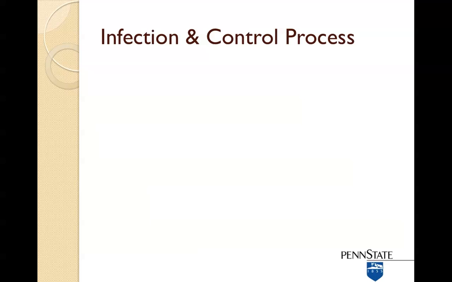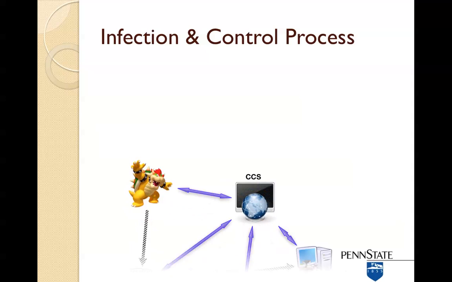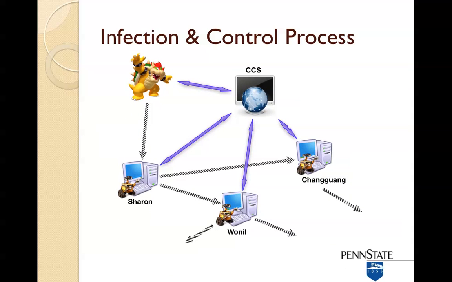At first, the bot herder attack a vulnerable host. For example, in this picture, Sharon's computer in the internet by exploiting system vulnerability. Then Sharon's computer will download the bot, a malicious program, to perform malicious routines. The bot will try to infect any other computers by exploiting the vulnerability, or replicate itself in other ways.